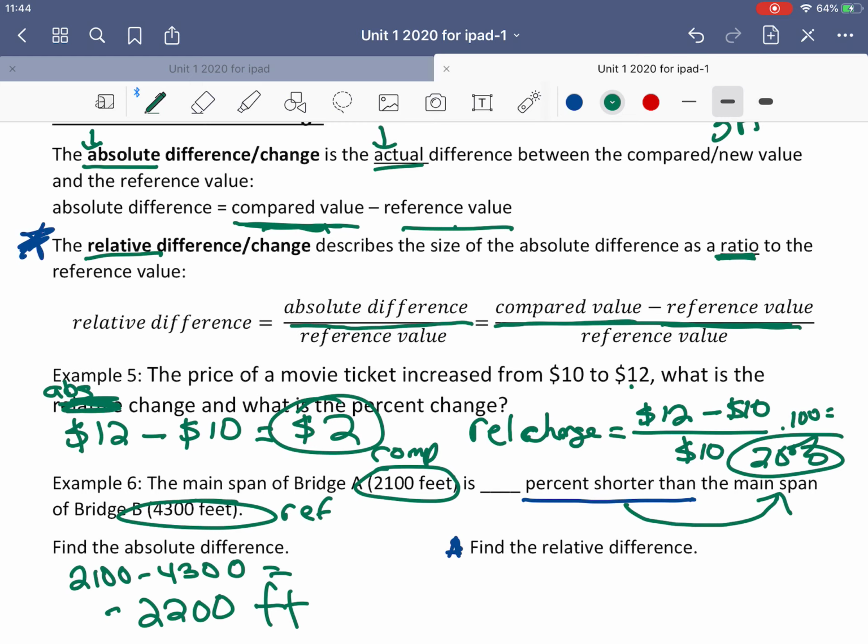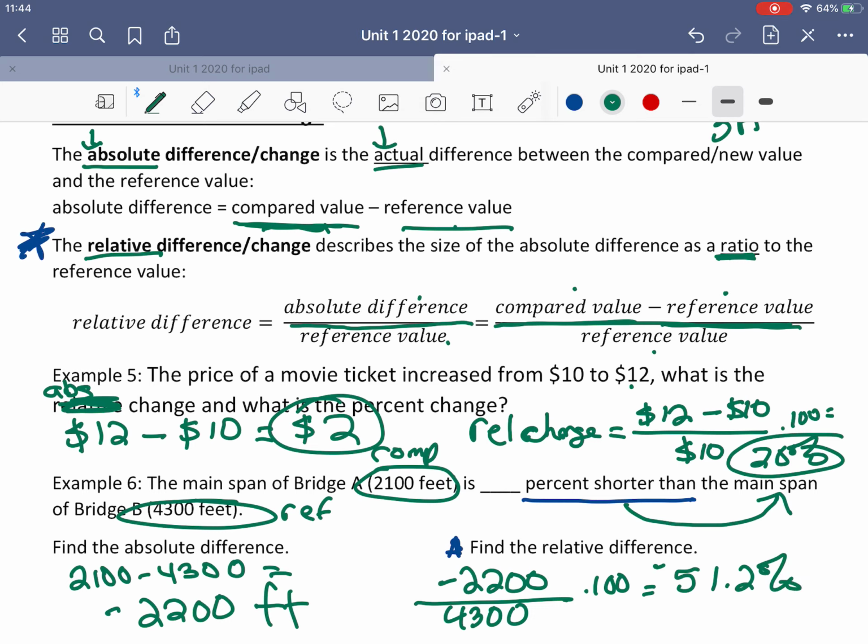But we need to find the relative difference so we can answer the percent shorter than part. So the relative difference is going to be, I can either do the whole subtraction again, so I can do 2100 minus 4300 divided by 4300, or I could take the shorter one, which says I take the difference I've already found, negative 2200, divide it by the referenced value, and we see that the 4300 is being referenced. Go ahead and multiply it by 100, so it's a percent. And this gives me